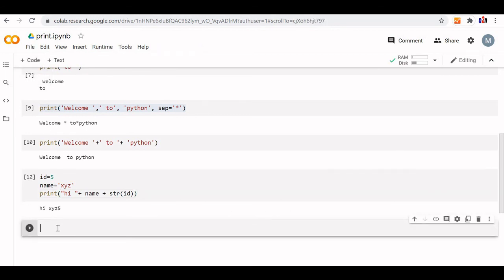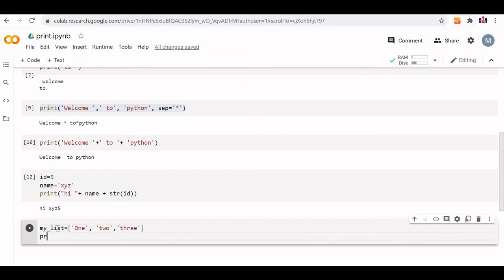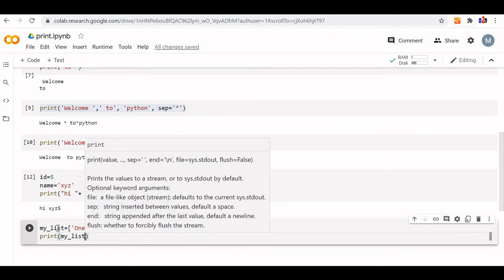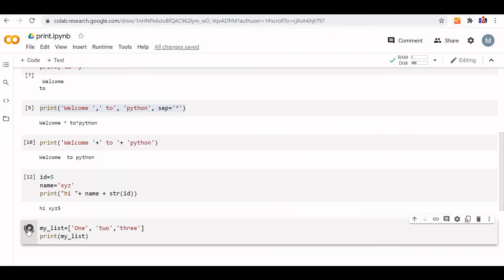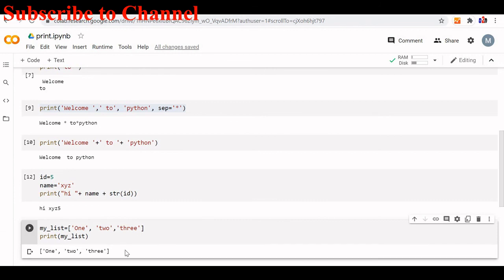One more code here. Now let's say my list. If you are not aware what a list is, we will see it in subsequent videos. Let me create a list 1 2, you can go on. A simple print directly prints my list. Let's see. You can see it has printed 1 2 3. Similarly, if I want, a tuple or a set or a dictionary I can print. You can download this entire source code or this Jupyter notebook from the URL given in the description and try on your own.